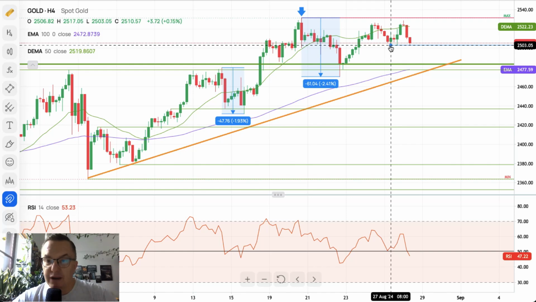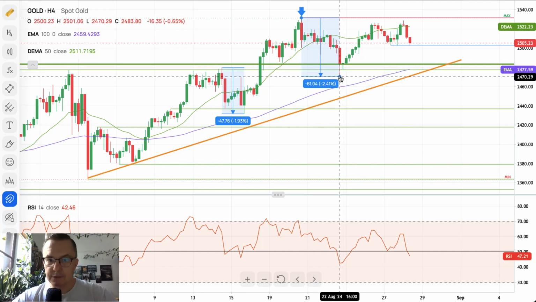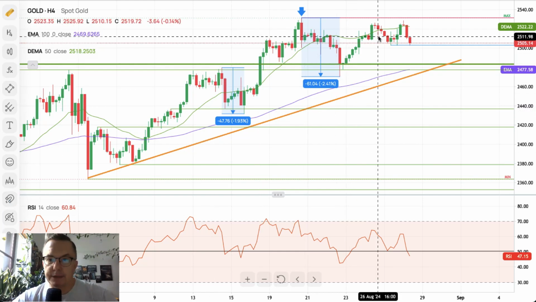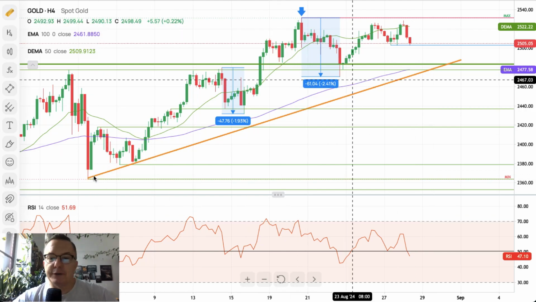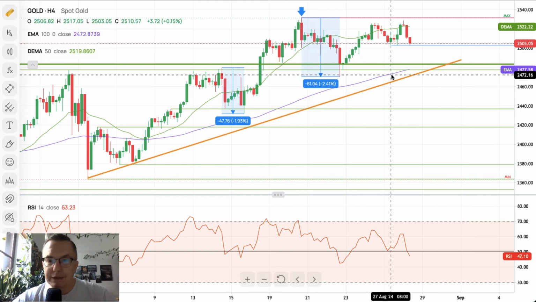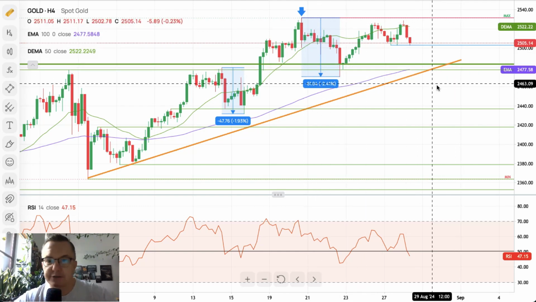2503 might be violated today, and then of course the next target would be the level roughly around 2478, even 2470. Okay, so please be aware of the situation. As long as we stay above the trend line, which is orange, above the 100 periods moving average, the outlook remains bullish. However, right now some sort of consolidation is taking